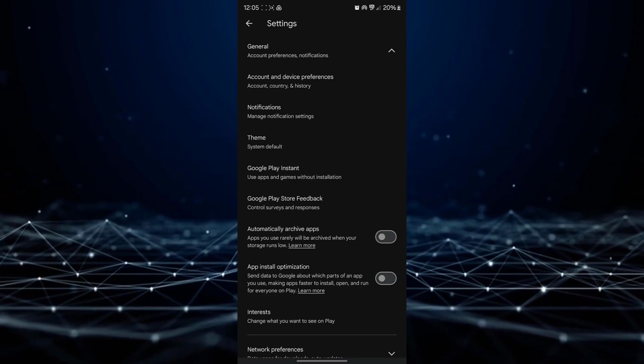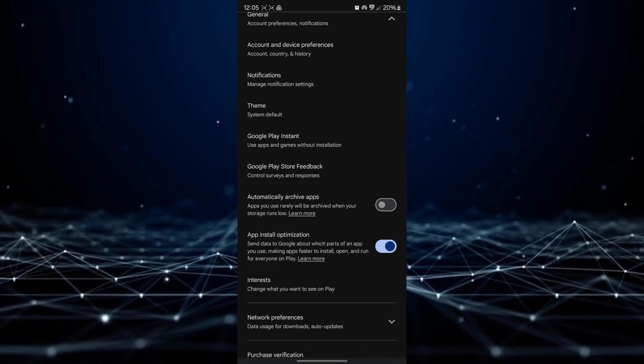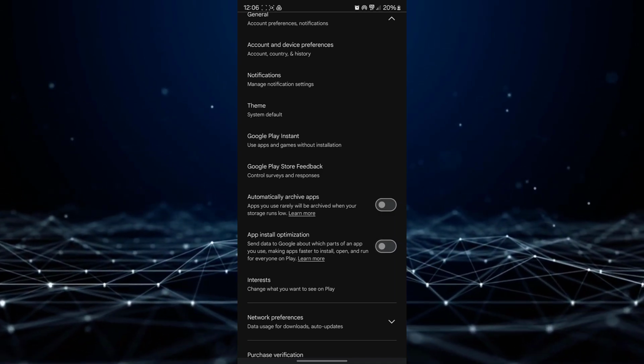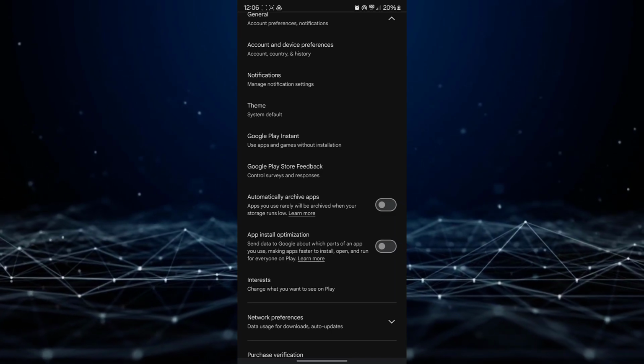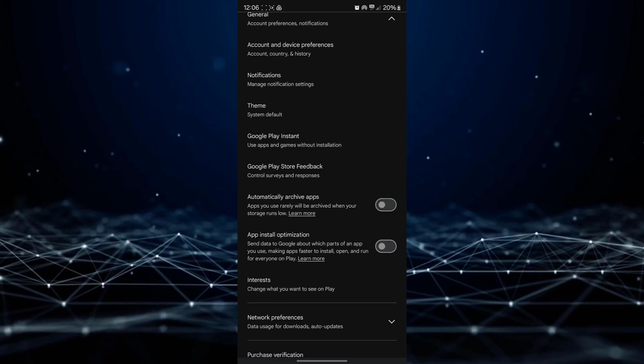Scroll down and find the option for App Install Optimization. Toggle the switch to the off position. By following these steps, you can disable the App Install Optimization feature and prevent Google from collecting information about the